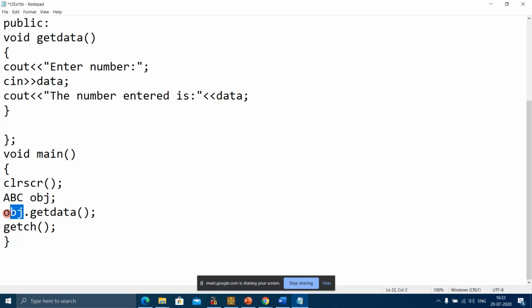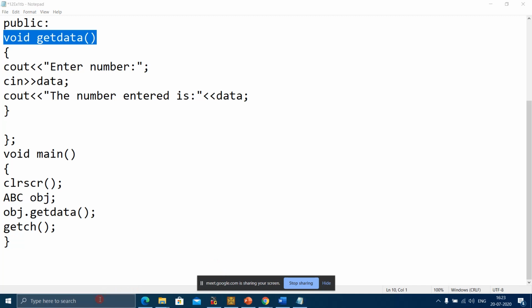Is there any doubt? It is very important to understand these concepts, because they are needed to understand the further examples and programs. So here obj.getData is going to call this function getData. Now let's see what is there in getData. Enter number. Since it's calling this function, whatever is written here is going to execute.